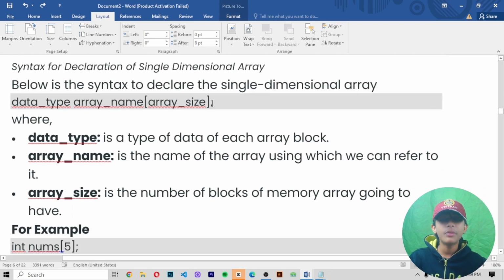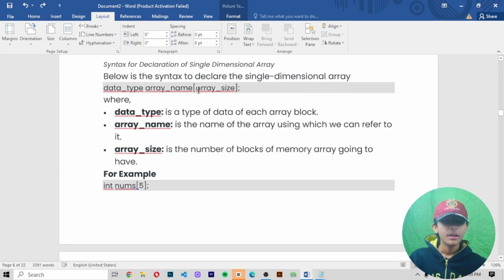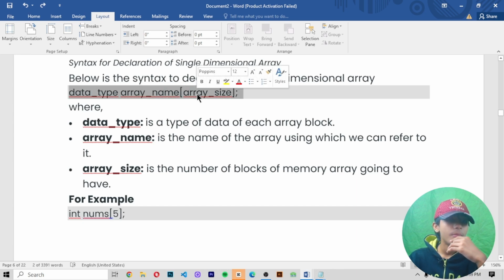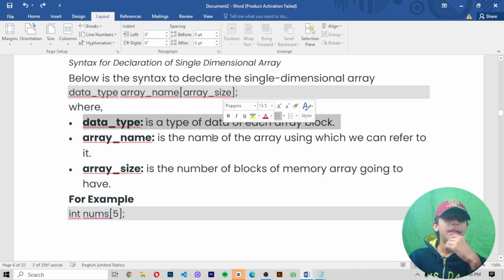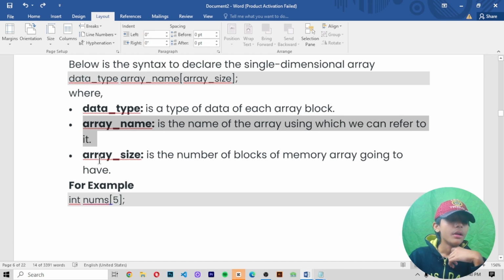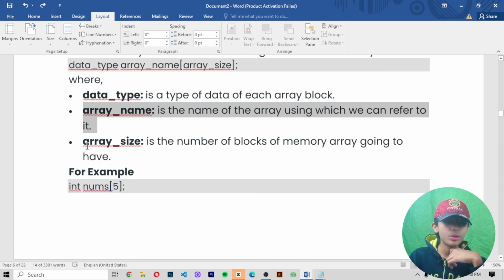Syntax for declaration of a single dimensional array: data type is the type of data of each array block; array_name is the name of the array using which we can refer to it; array_size is the number of blocks of memory the array is going to have.